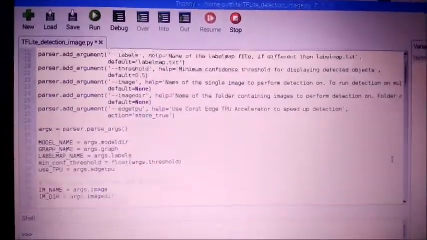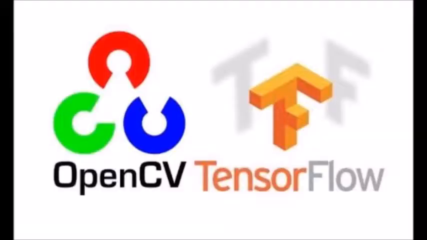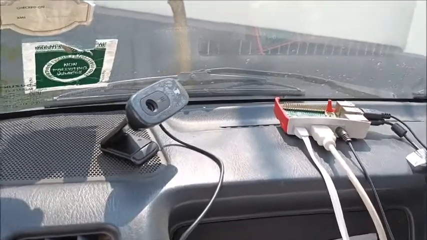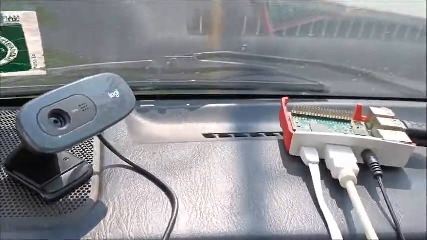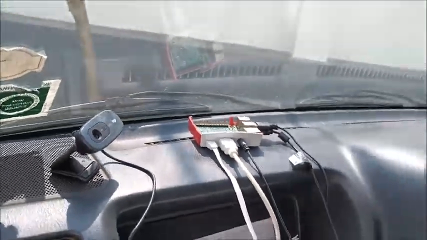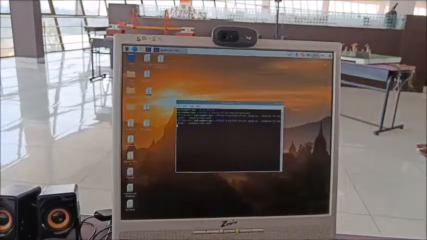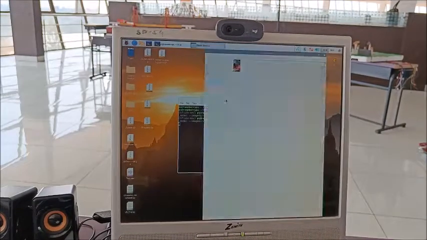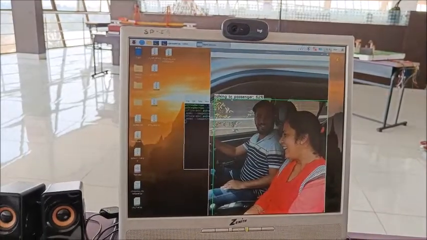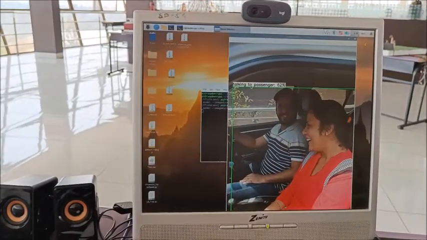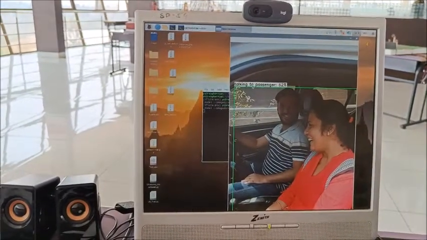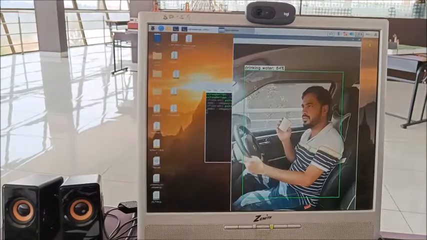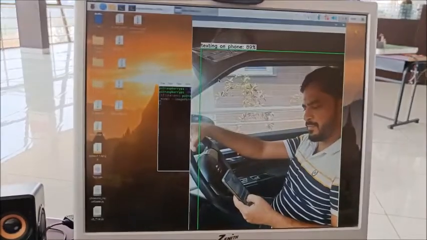In our project, we have used the Python programming language, TensorFlow and OpenCV for machine learning and image processing. Our current working prototype uses Raspberry Pi and a camera module to detect if the driver is distracted. The driver will receive a notification that differs depending on the type of distraction. For example, if the driver is using a phone, the camera detects the action and an automated voice tells the driver to stop using the device.